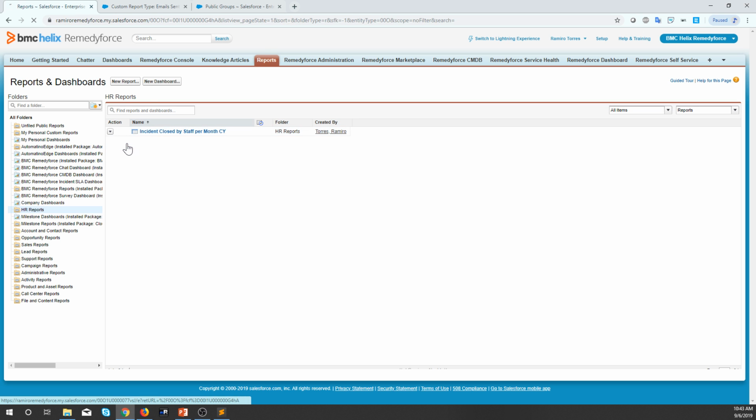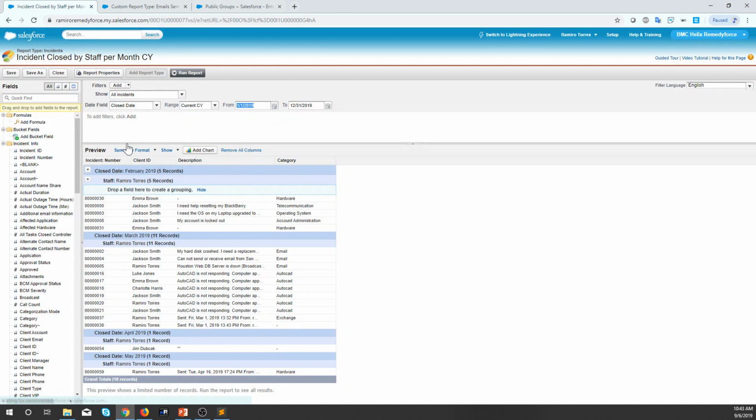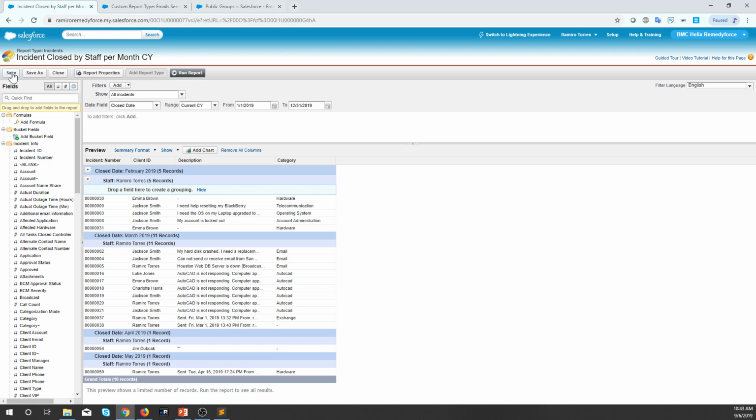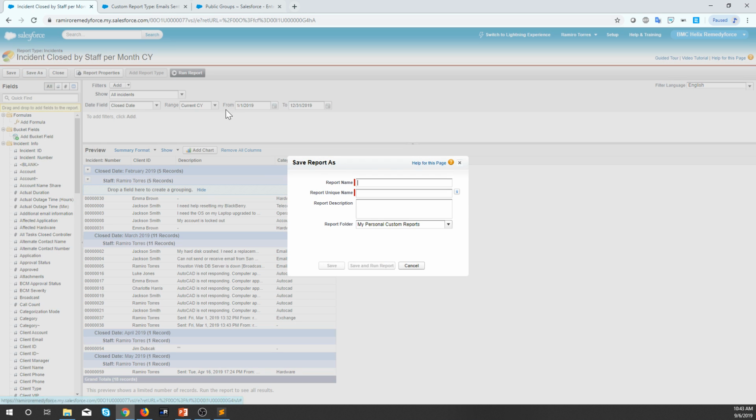Okay, so let's click on customize for the report we would like to move. And we're gonna need to clone the report because if we hit save, it's gonna save directly in the same folder, right? There's no option just to save it in a different one. Okay, you gotta click on save as, choose a name,